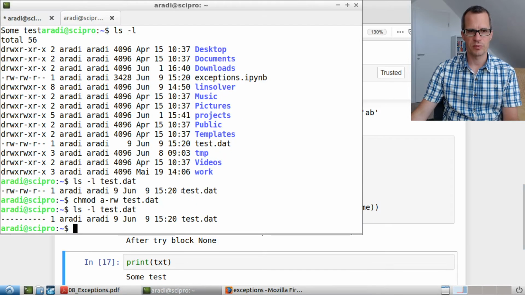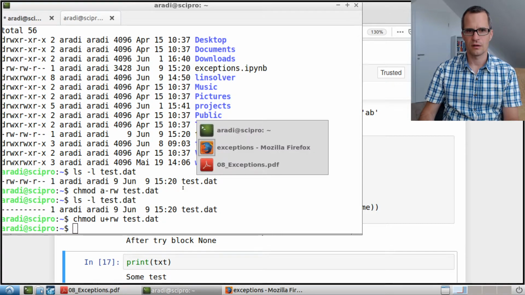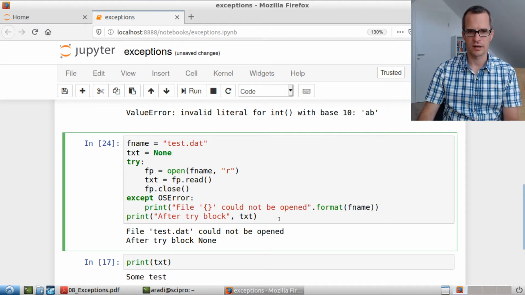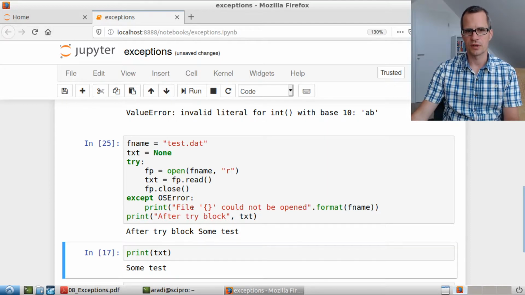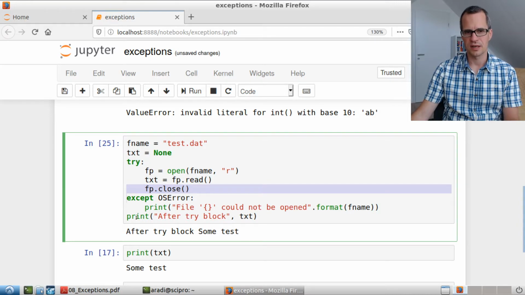Now if I just change back here, so basically the attributes, for myself, for the user, I am adding the read and write flag again on test.dat, and then if we execute here in the worksheet, this exception handling and opening, you see this was not executed anymore because there was no exception raised. Therefore also txt has been read, so this line has been executed, and also this line, and then basically code execution continued here, right? Okay,